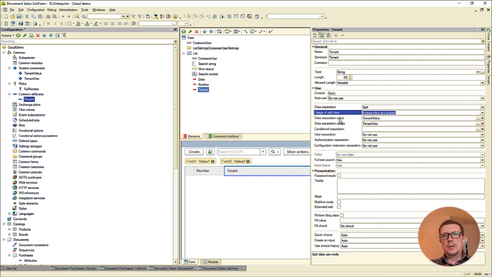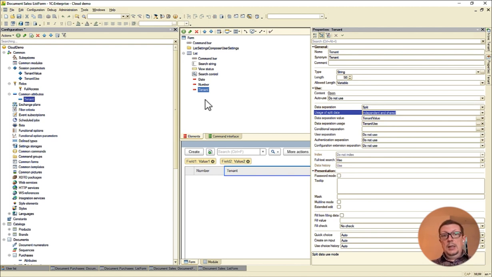All tables that include this common attribute will be separated, so records will belong to one or another data area or tenant in our case. And shared does not mean that we share the same data in any form, but we share the value of the separator, the value of this tenant attribute. So we just expose this value. We do not hide it. This is what it's supposed to mean.